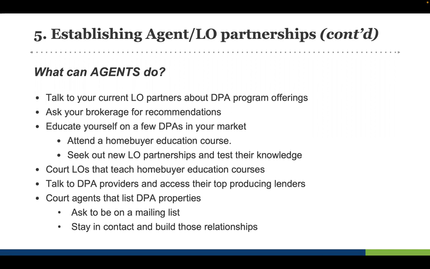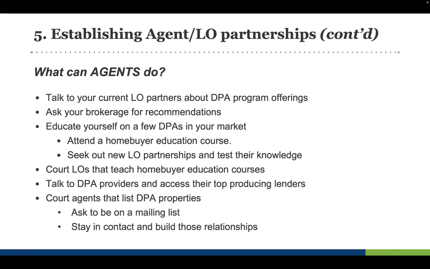Many state housing finance agencies now will publish a list of their top producers, their hero loan officers, whatever they call that list. They'll put that out there on their website. Some of them will break it down by region within your state. So it's super easy, especially through the DPA providers and especially your state housing finance agency, to find those lenders in your area in particular that do higher volume of DPAs, which means they know the programs, they know the guidelines, they're successful with them, right? And they probably have a great working relationship with that DPA provider.